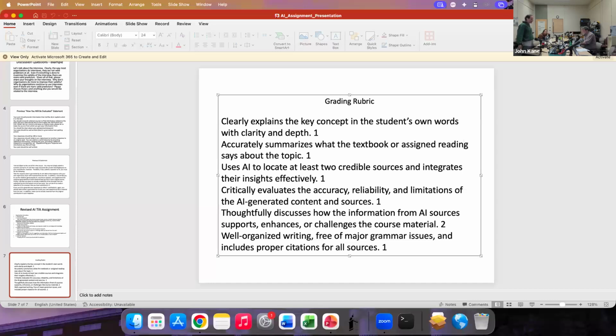And the vast majority, many of them sent me emails afterwards thanking me for exposing them to AI, and many of them, in their discussion responses, critically evaluated the accuracy and the reliability of the AI. They acknowledged they had to prompt the question to AI probably 6 or 7 times because they kept getting citations that didn't exist, or citations that were outdated or didn't really answer the question. So overall, would I say that it was effective? Absolutely. Was it perfect? Of course not, but I don't think it ever will be perfect.